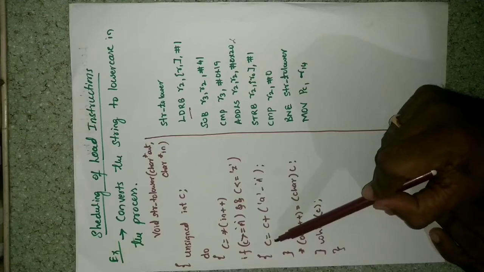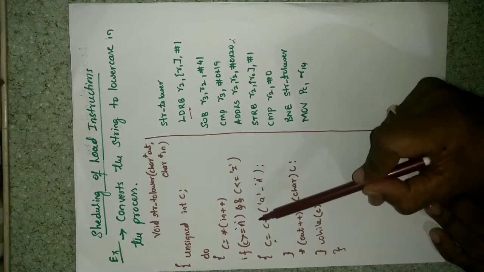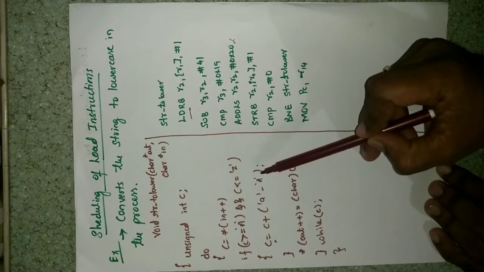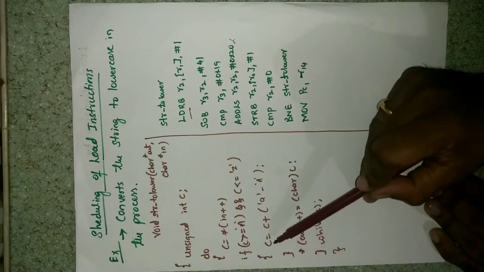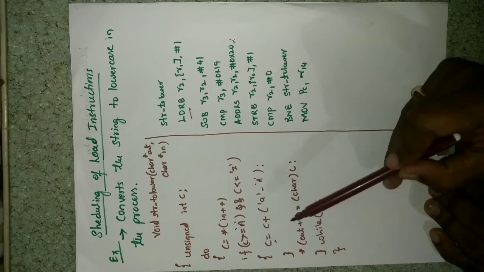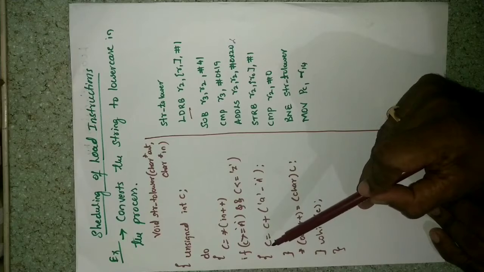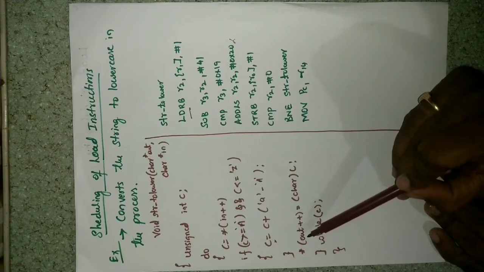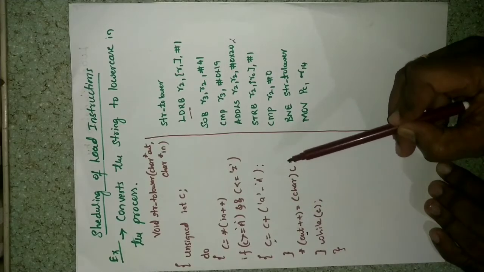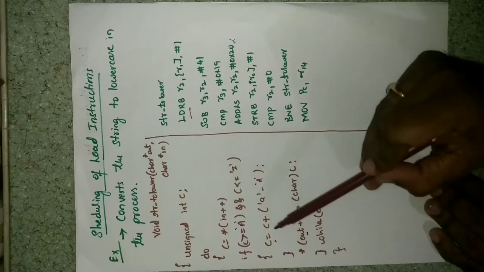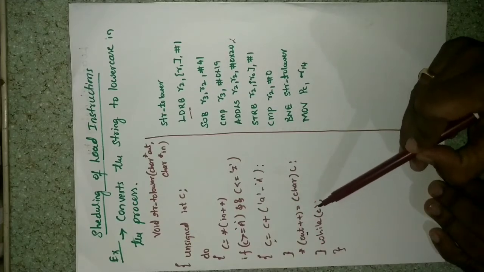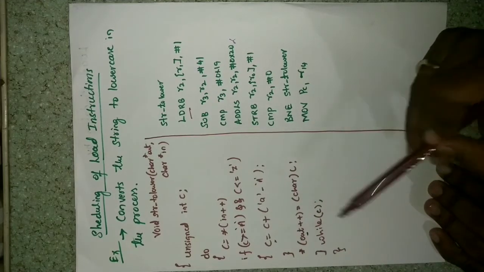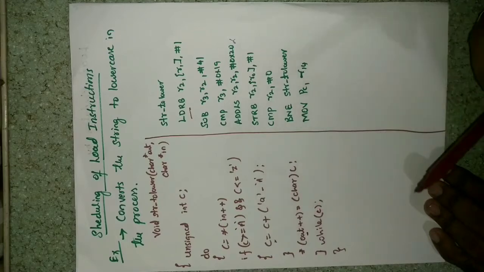So what is c? That is the formula written here; it converts the ASCII value of the uppercase letter into the lowercase letter, which is equal to c. And the c we have obtained, that is the lowercase letter's ASCII value, will be stored into the pointed memory location named out, with the increment by one memory location. This happens in a loop, while c is not zero, until the c value reaches 0. The continuation takes place.